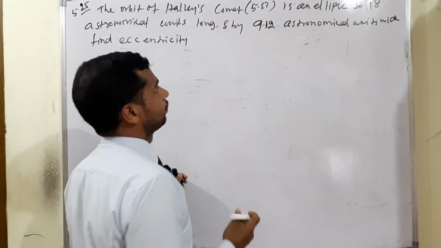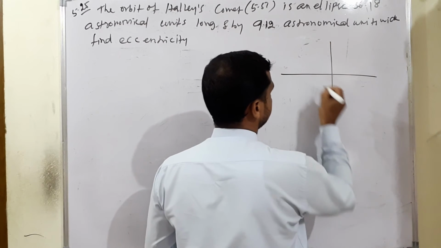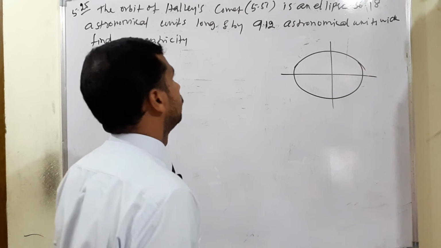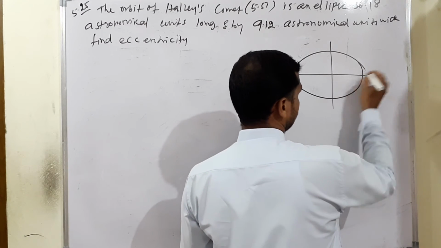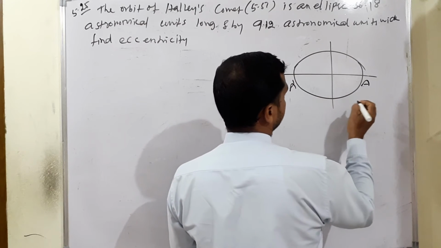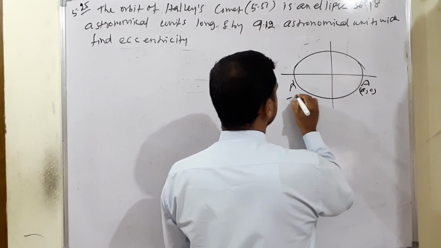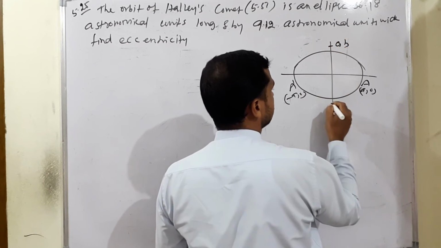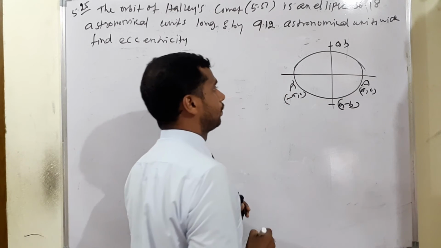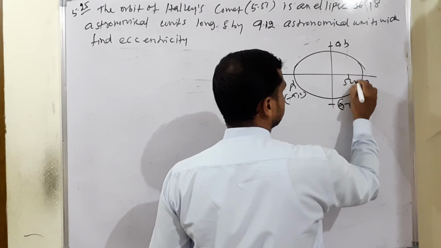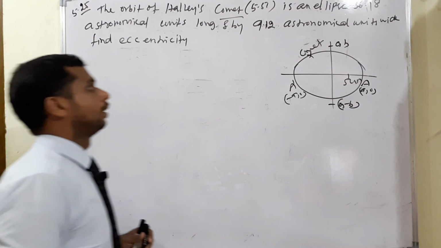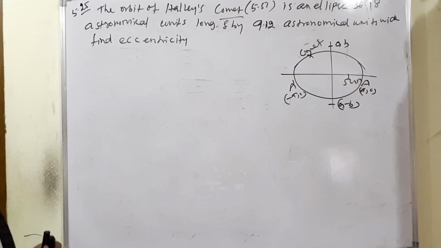Example 5.25. First I am moving to draw one ellipse diagram. So now the given condition, this is A and A', means definitely this is (A, 0), and this is (-A, 0). So parallel to the Y axis means this is (0, B), and this is (0, -B). So now the given, this is considered for sun, means this is a comet, isn't it? Comet. So the first thing I am moving to is how to find the eccentricity. If you know the A and B values, it will be very easy to find out.